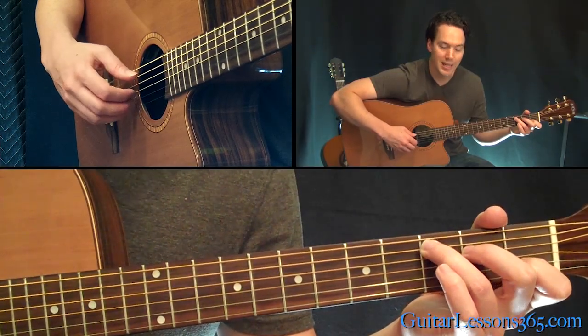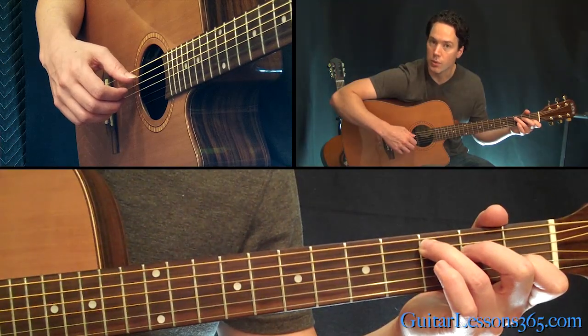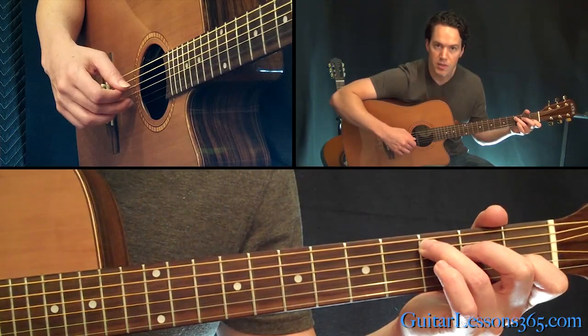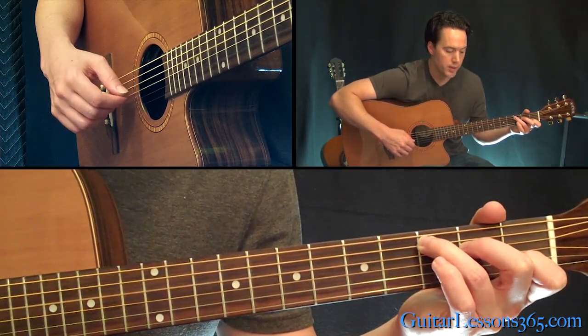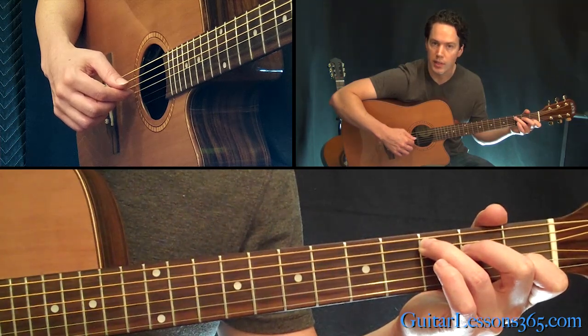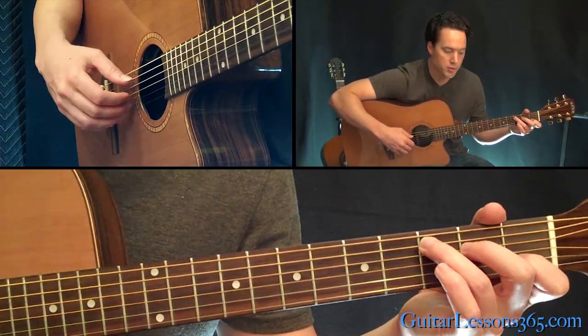Alright, now the second half of the pattern is you're going to just pick every note individually. So you're going to pick the 5th string first, then the 2nd string, then the 4th string with the thumb as well, and then the open G string with your index. So every finger was still playing the same string. So we have,